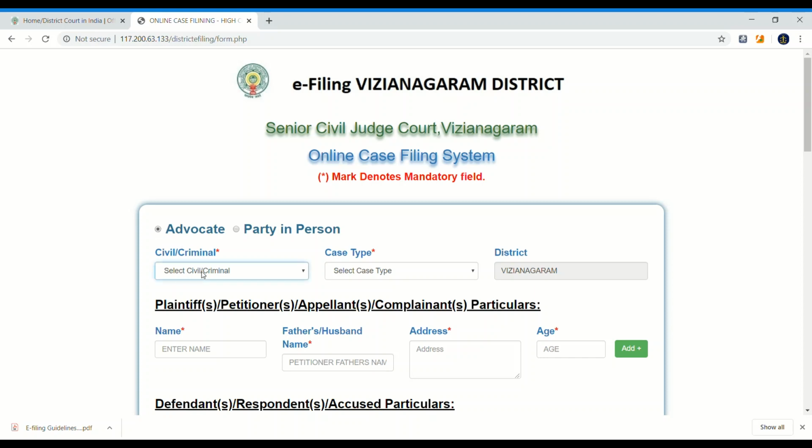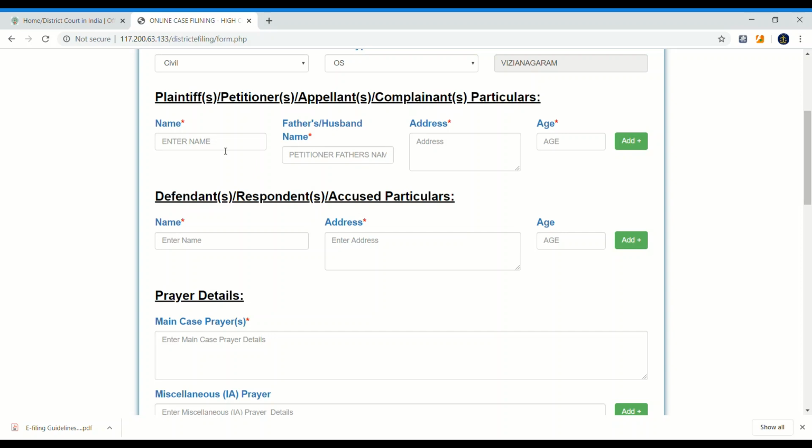First select civil or criminal. Civil, case type OS, name. So for example, the name is Rama, father name is Srenu, address Vijayanagaram.